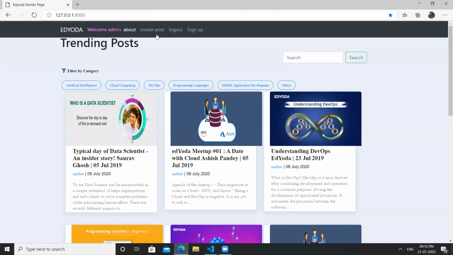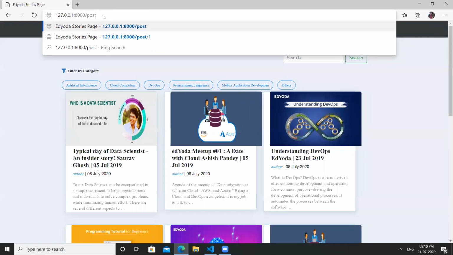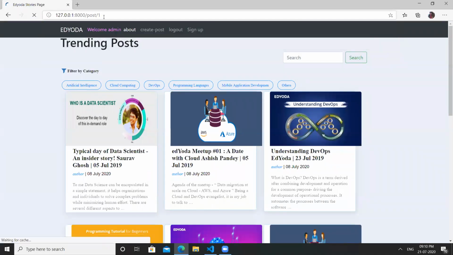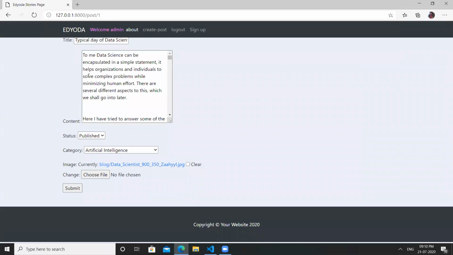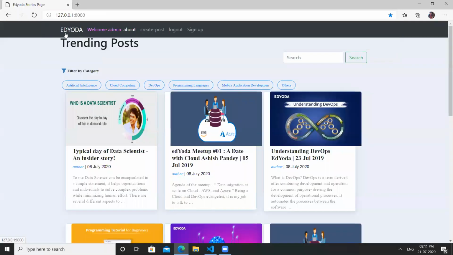And for making changes in the post, we can go to post/1, and by this we can make changes on post one, which is the ID related to post one, like a typical data science post. We can make a change, like data science and instruction. So we can make the changes and we can delete this thing, and we submit here, and we get the thank you template.